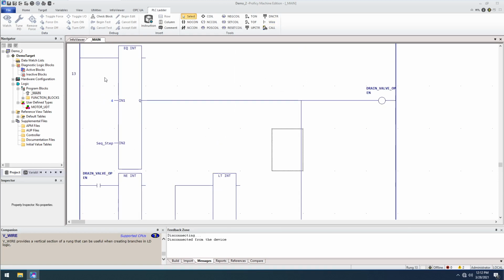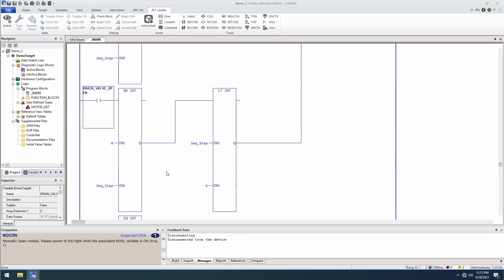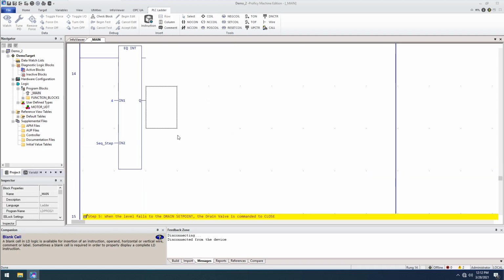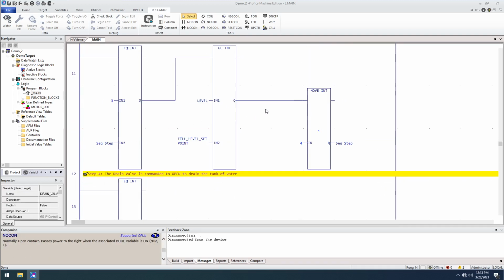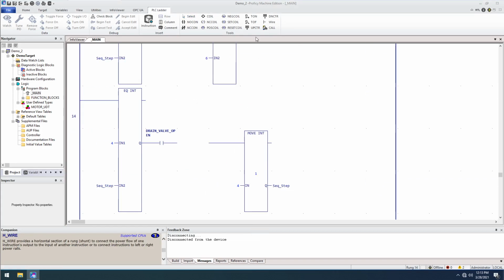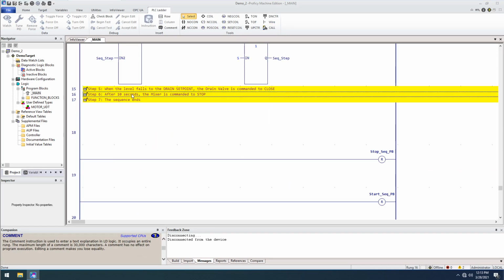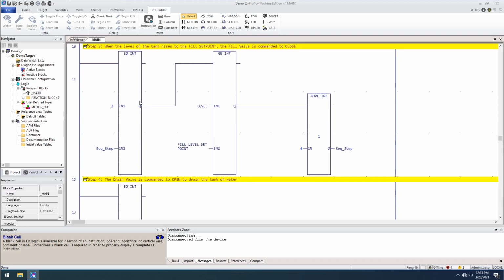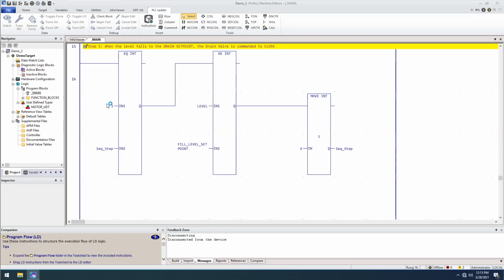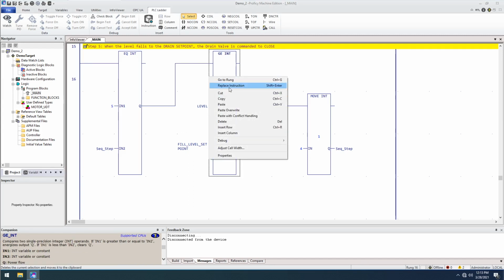And then finally, if we are in step 4 and our drain valve is open, we move to step 5. So there's our step 5. Now in step 5, when the level falls to the drain set point, the drain valve is commanded to close. So this is going to be basically this logic from before when we were filling the tank, except we're now in step 5. And in this case, when the level is less than or equal to